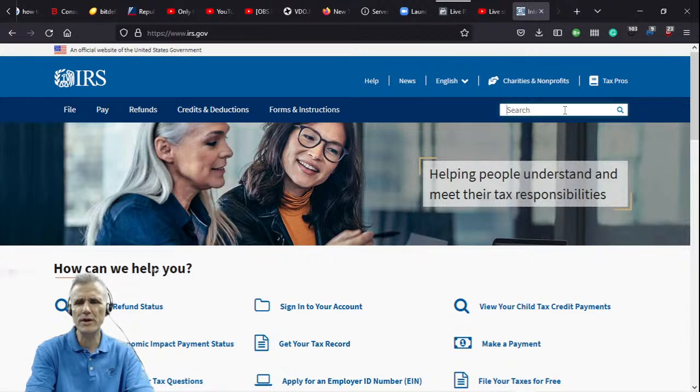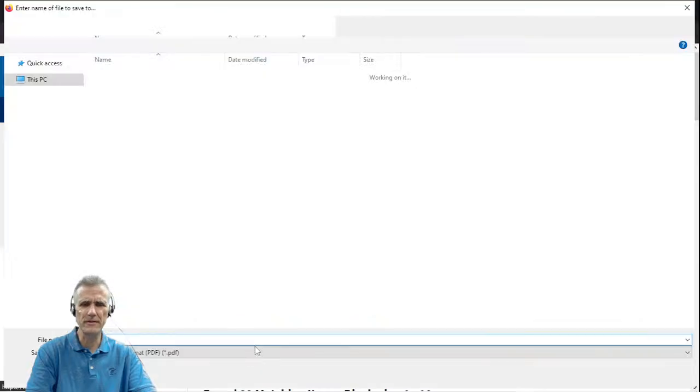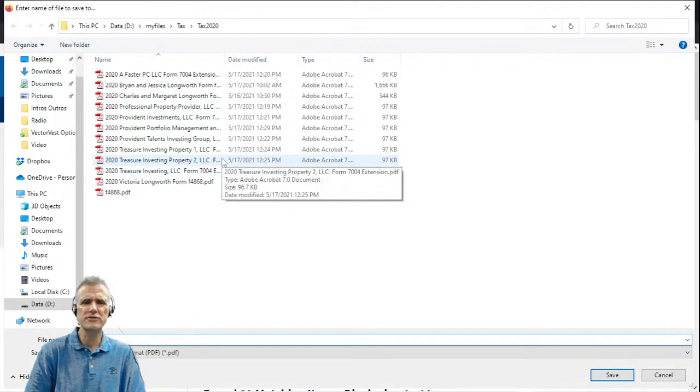So what we want to look at here, in the search field, we just want to search for, let's say we want to submit a W-4. So we can actually just search for this at irs.gov. Now we're going to click on the folder or the link here. Now what it's going to do, it's going to bring up